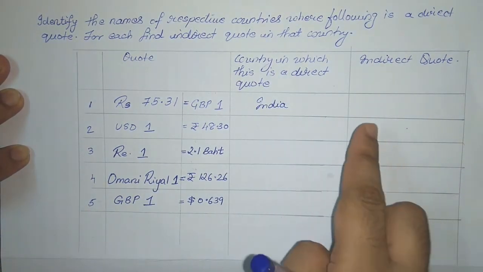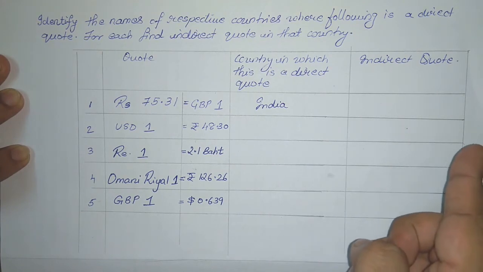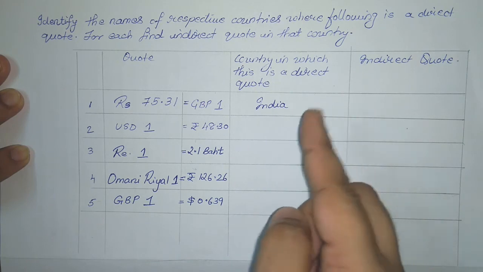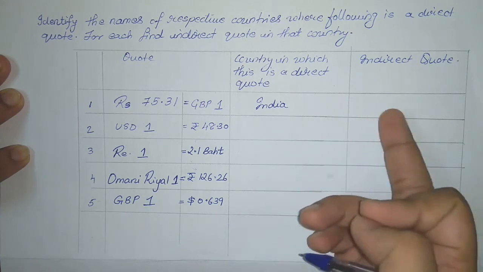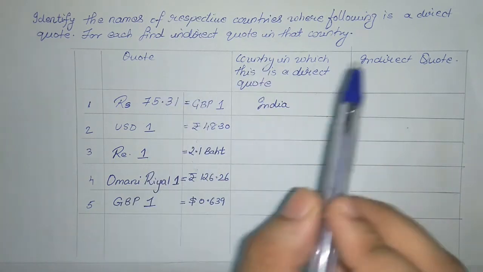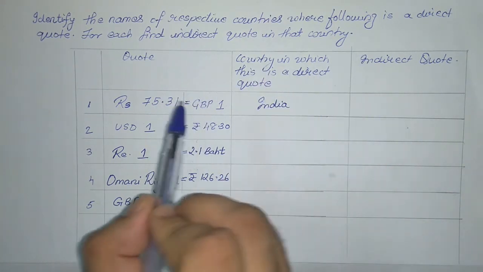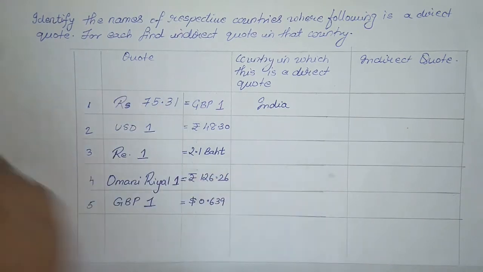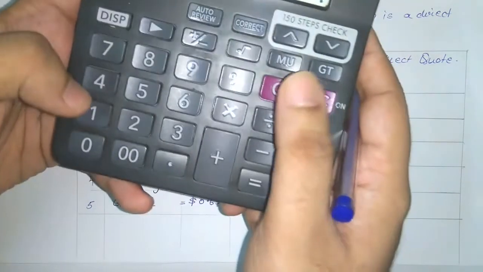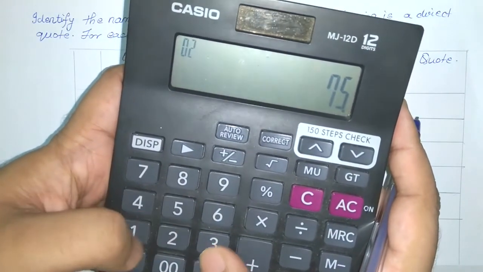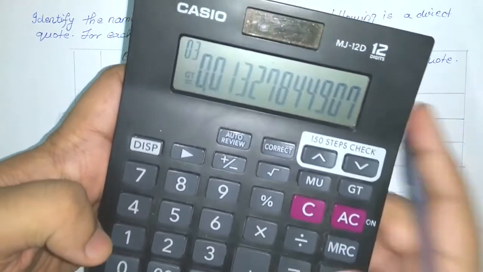Now in order to find the indirect quote, the reciprocal of the direct quote value will give you the indirect quote. So in order to get the indirect quote, the formula we'll be using will be 1 divided by 75.31. So let's see how much we get. So 1 divided by 75.31 is equal to